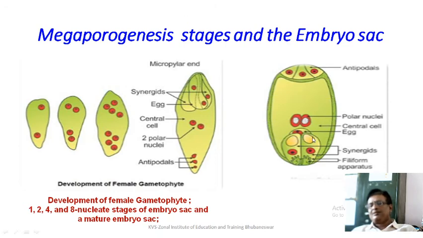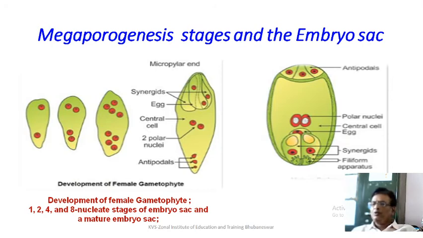This diagram that you are seeing now is nothing else but the embryo sac. You can see the positioning of the antipodals at one end, the positioning of the 2 synergids at the 2 ends with the egg cell in the center. This constitutes the egg apparatus. The synergids have a structure, you call it the filiform apparatus. It has a function that guides the first male nucleus and second male nucleus during fertilization of the ovule.